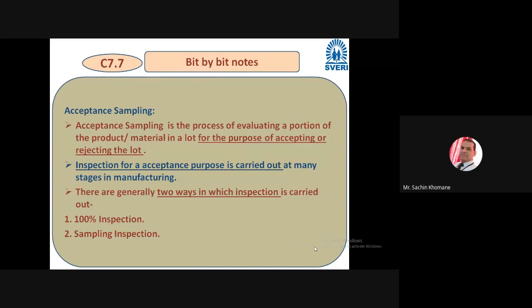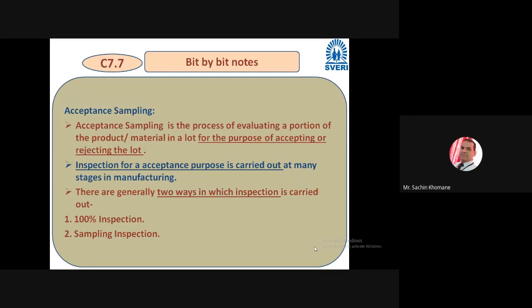Acceptance sampling. So basically, this is the second half of the seventh unit, that is sampling, acceptance sampling basically. In the earlier syllabus, this was the fourth chapter. It was a very small chapter, but they have combined it with this seventh unit. So let us discuss what acceptance sampling means.